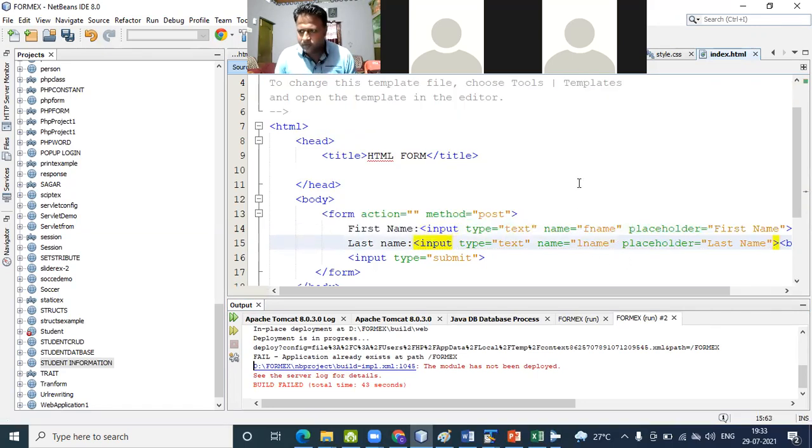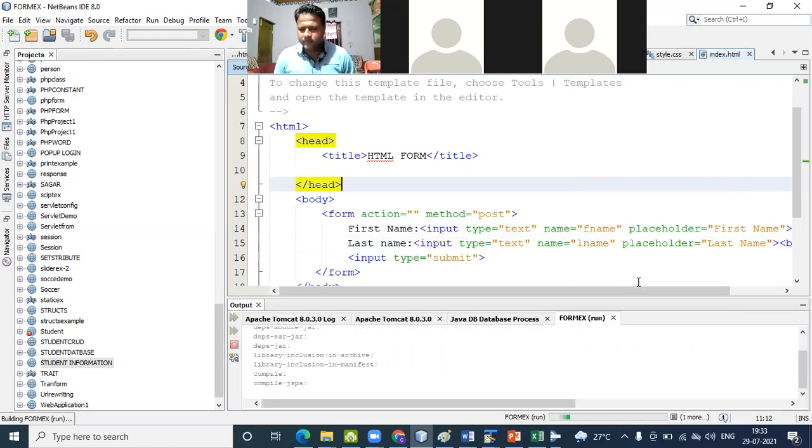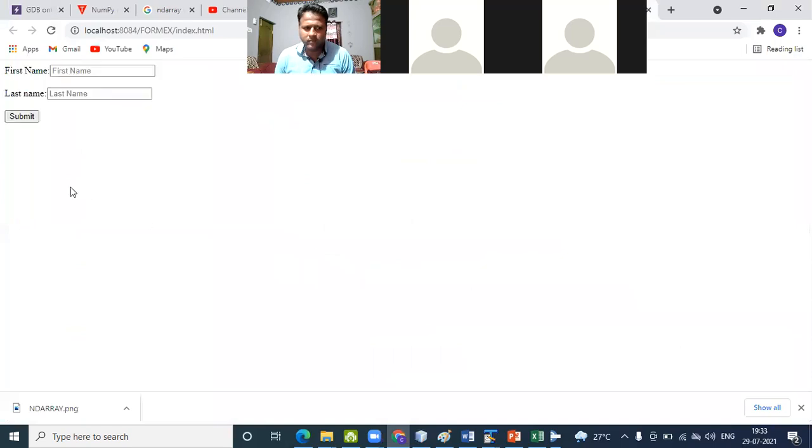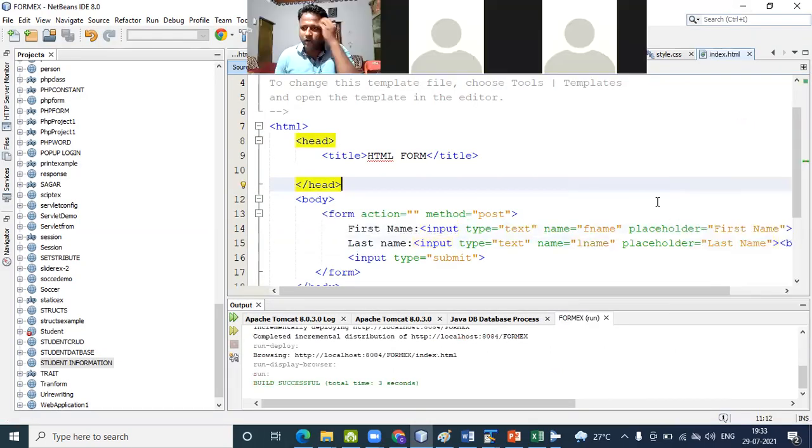Yes. So now I run the file. Okay, so first name and last name. This is a placeholder. Now we pass here autocomplete. Autocomplete is what? It is an attribute that specifies whether the form should have autocomplete on or off.